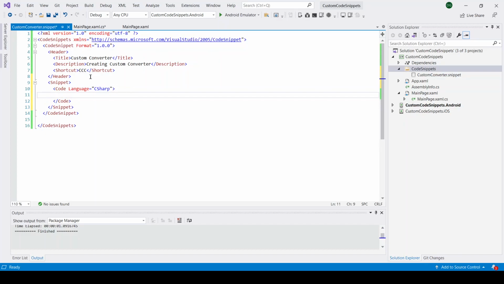Once that is given, here we need to select CDATA. Inside the CDATA section, we write our own code. Whatever code we write inside this tag will be generated when we type the shortcut and press tab twice.